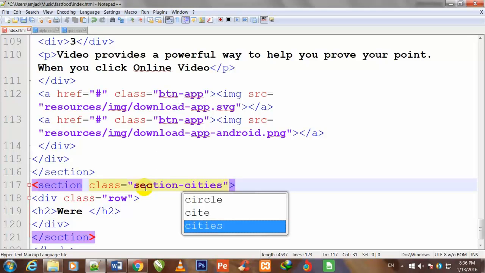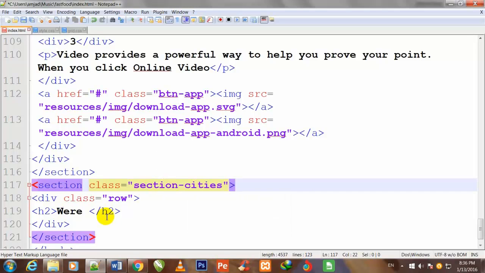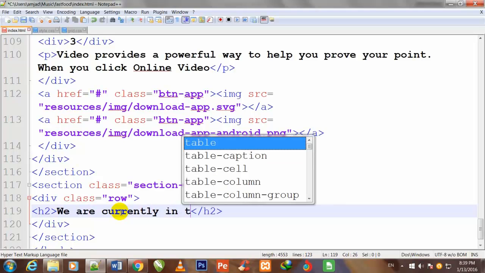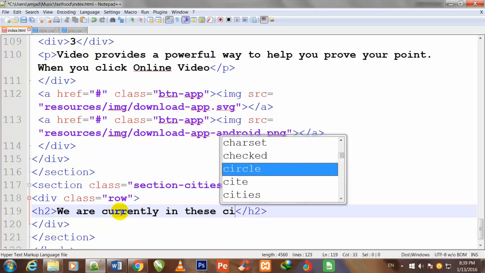Section cities. We are currently in these cities, and Control S to save.